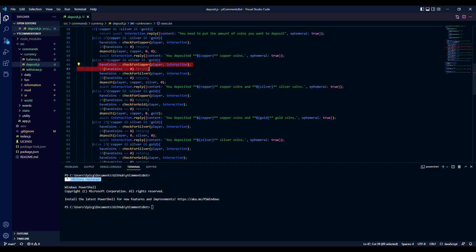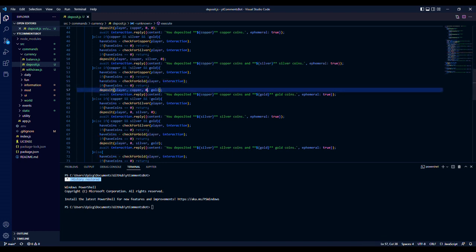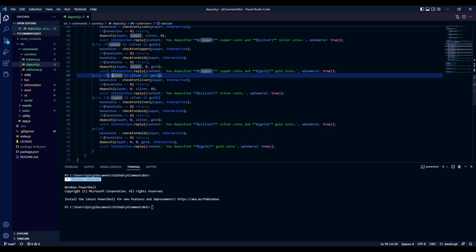So again, check for copper and silver, deposit copper and silver, then reply. Else if copper and gold, so no silver, where the exclamation point means not. Again, check for copper, check for gold, deposit player copper 0 gold 0, meaning you don't have anything there, and just reply. If we don't have copper or gold but just silver, check for silver,